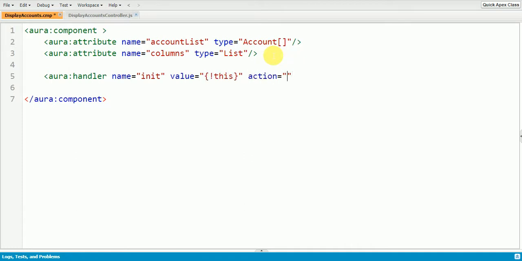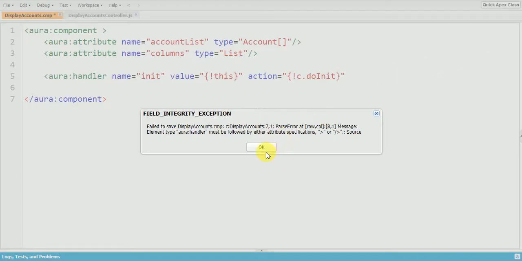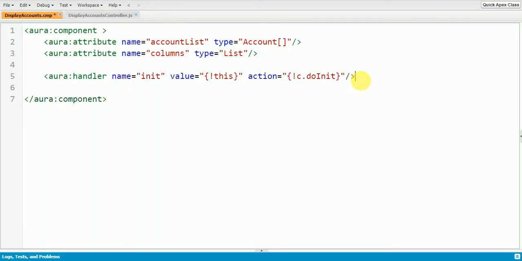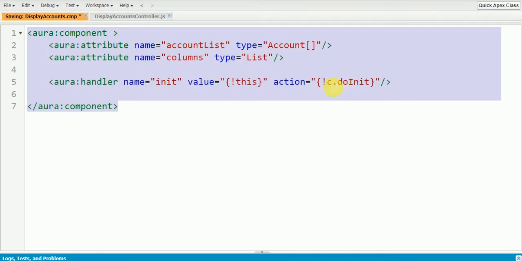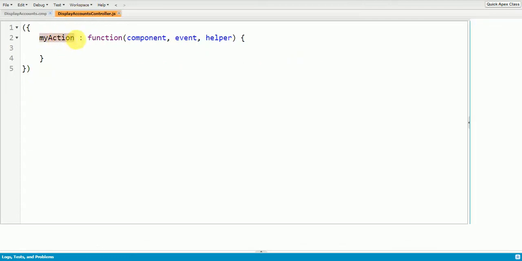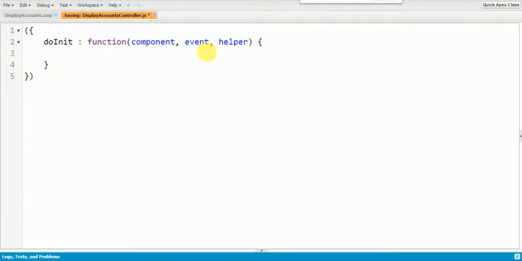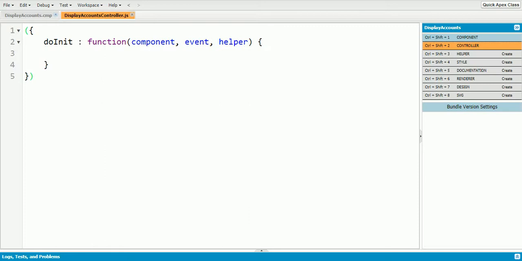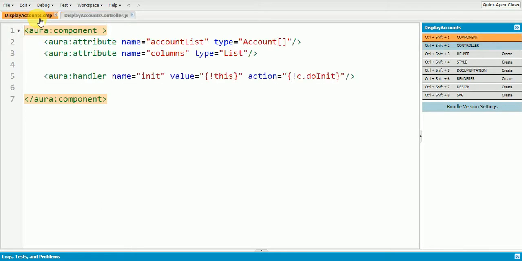Action is equal to... so I'm going to add this in my controller. So we have added the init handler in our controller, and now I'm going to create a new Lightning data table here.